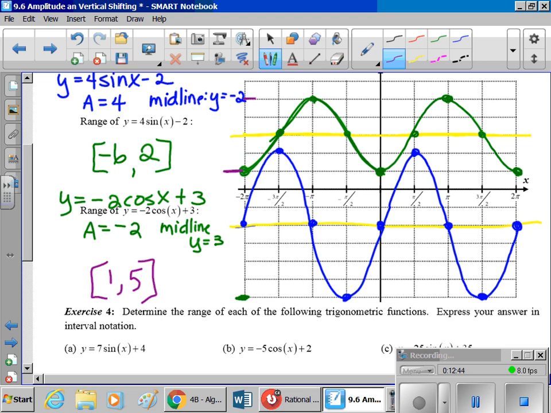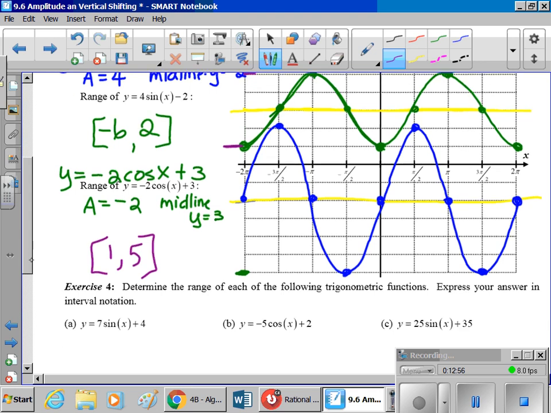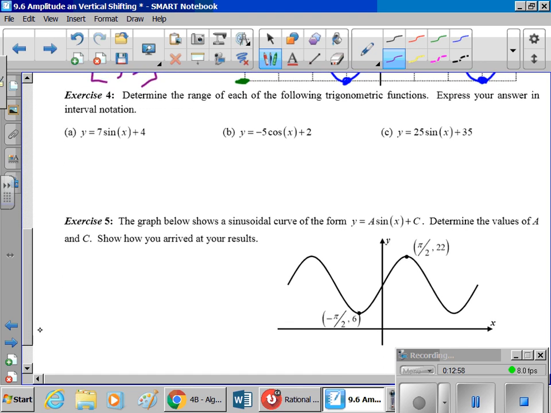So exercise 4, so meet me here, pause if you need to, and then come back to exercise 4 with me. So it says determine the range of each of the following trig functions, express your answer in interval notation. So I think the easiest way to do here is to either visualize it, you could even use graph paper if you want to, or you can recognize that with my range, it is going to be,